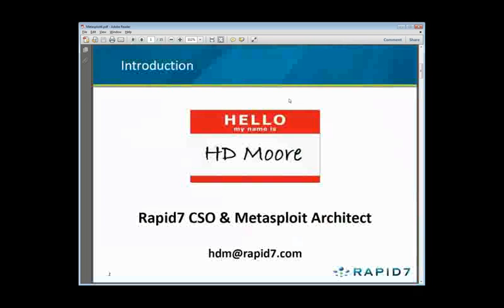For folks who don't know me, I'm the Chief Security Officer of Rapid7, but I'm also the architect of the Metasploit framework. I started the project basically late 2002, early 2003. The first release was back in 2003. So I've basically been doing this as my hobby for about 8 years now, and now it's also my job,